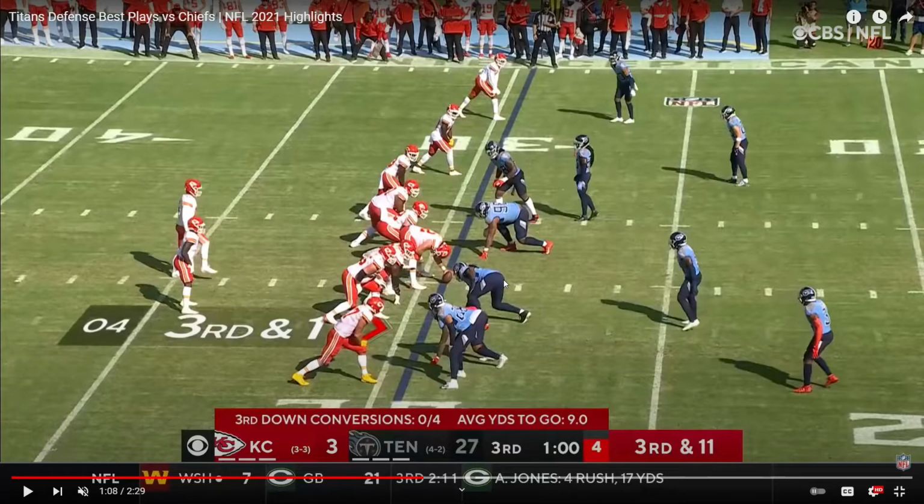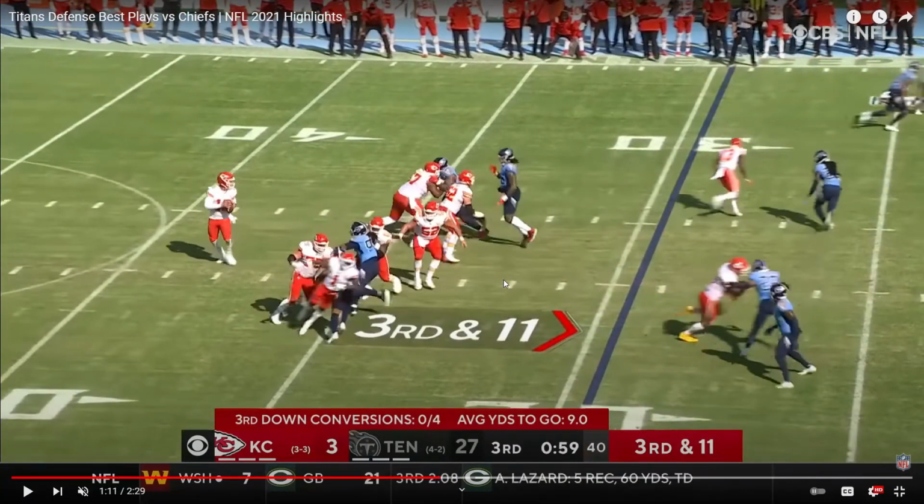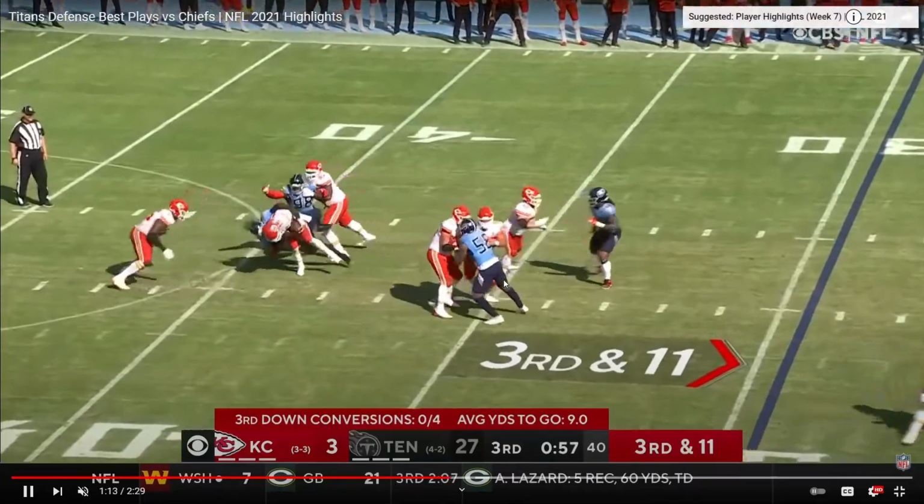Here you'll actually get a chip on both edge rushers, as this receiver and the running back will both go out and take a hit on the edge rushers, trying to help them off the edge. Right there you see the chip on the bottom guy. And on 3rd and 11, when you have to start chipping guys, it really becomes tough, because realistically, it leaves you 3 guys in the route. Because by the time the chip guy gets out into his route, it's not going to be past the sticks on 3rd and 11. But you do, and then, if we go back,